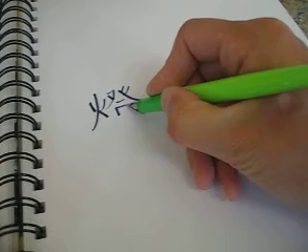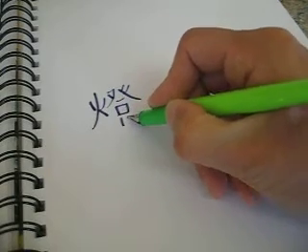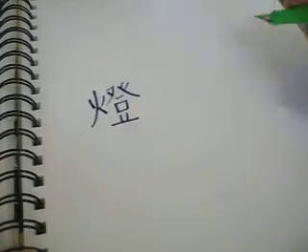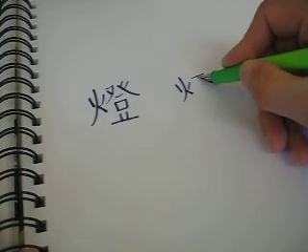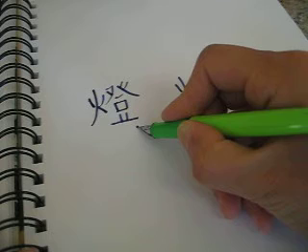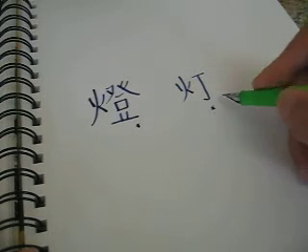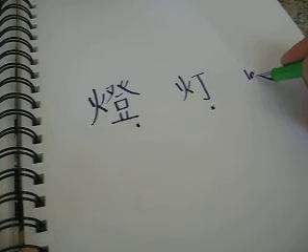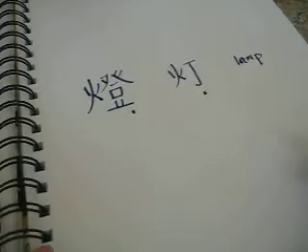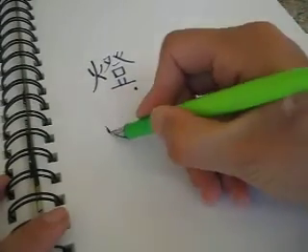Hello dear friends, I am writing some traditional and simplified Chinese characters to make a comparison. So this is traditional, this is simplified, pronounced deng, and this means light, lamp actually, more like lamp. Yes. And another character,